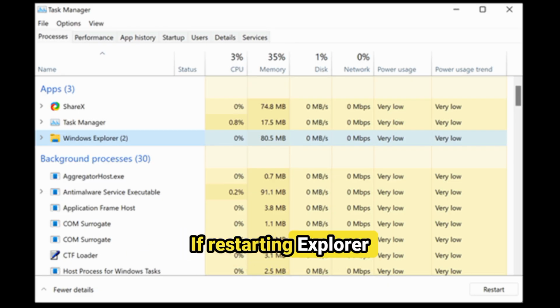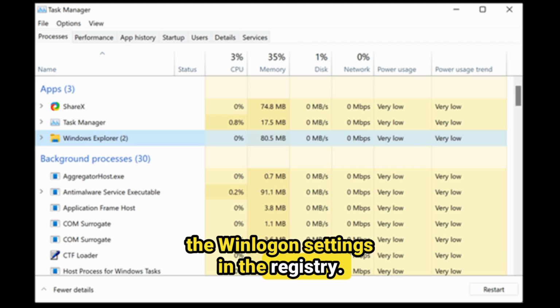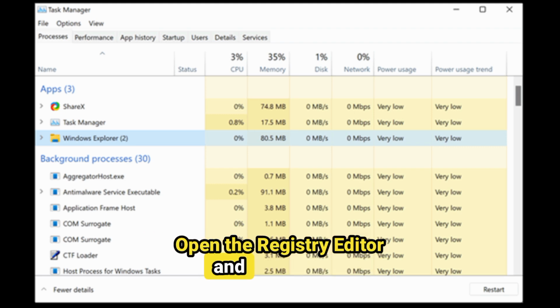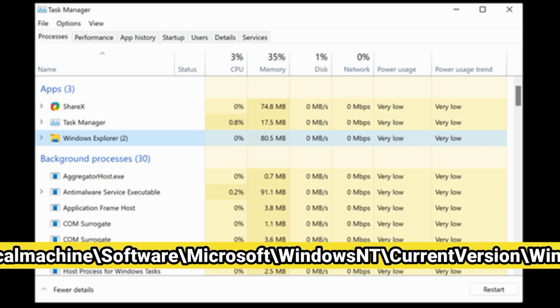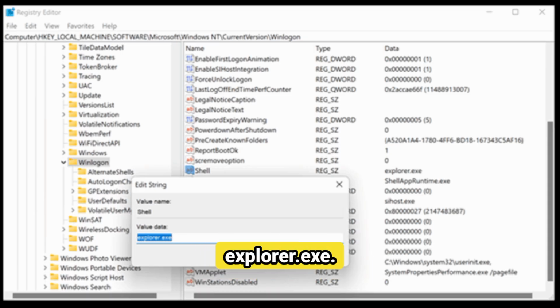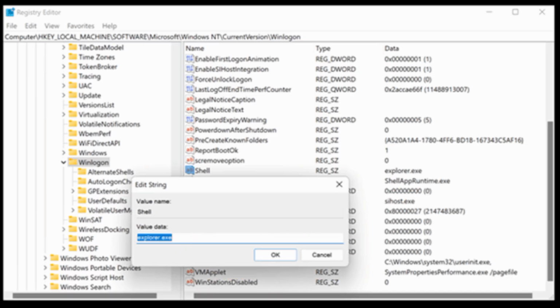If restarting Explorer doesn't work or isn't possible, confirm that Explorer is properly included in the WinLogon settings in the registry. You can do this in safe mode if necessary. Open the registry editor and navigate to HKEY_LOCAL_MACHINE/SOFTWARE/Microsoft/Windows NT/CurrentVersion/Winlogon. From there, make sure that the value data for the Shell value under the Winlogon subkey is set to Explorer.exe. If the black screen issue started after the installation of a new application, you might need to